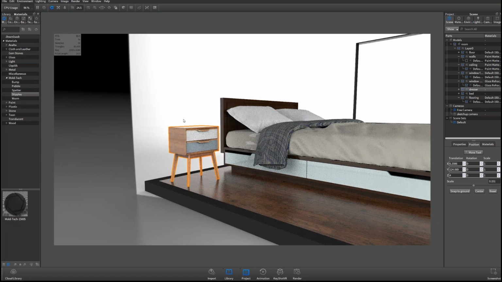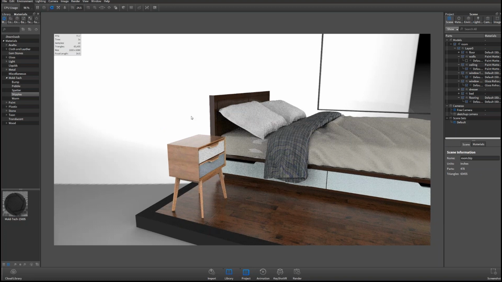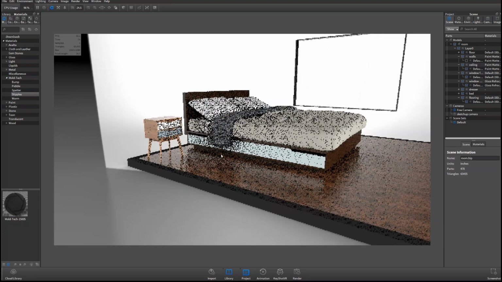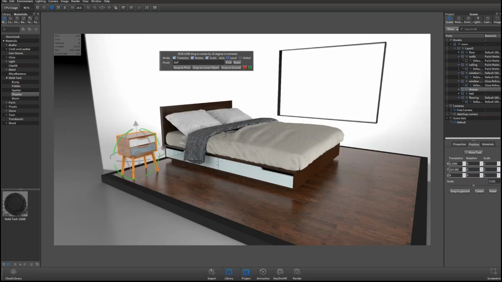This works off of your bounding box. So if you've got some strangely shaped geometry, it's going to work with the bounding box in the X, Y, and Z dimensions. That's just something to keep in mind. But in short, it's just using the Move tool, and then you can snap to a lower object. Also, you can snap to the ground.